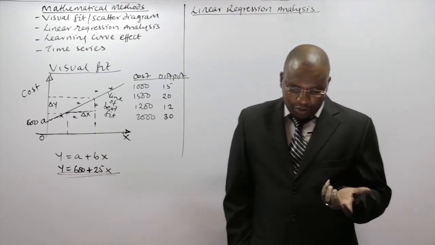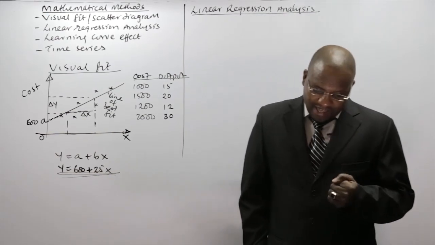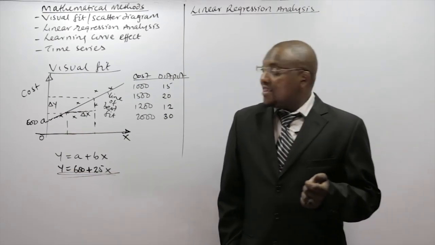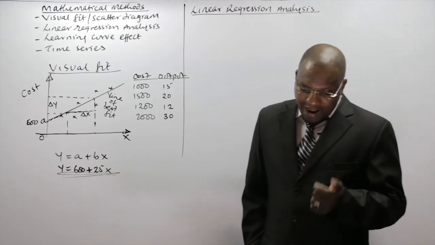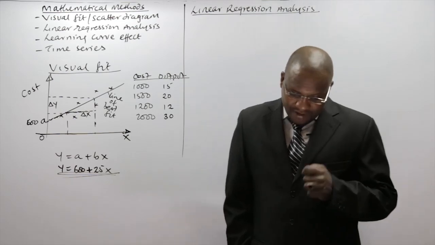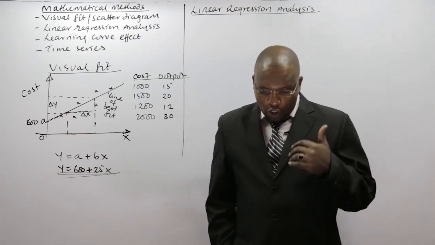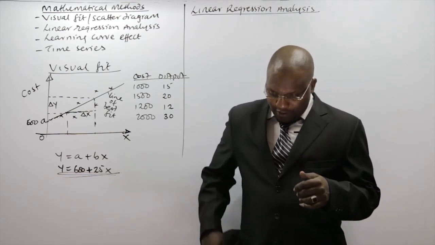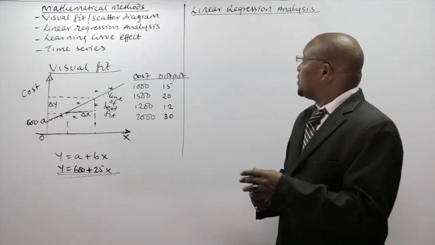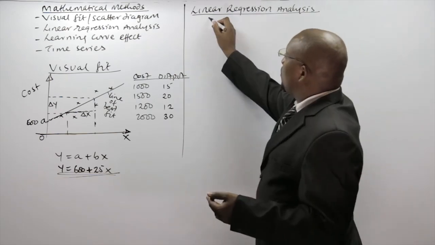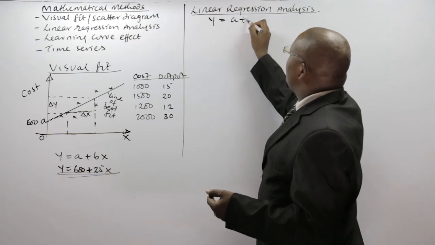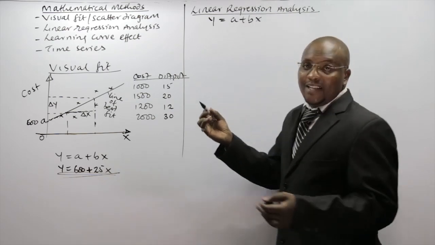This method is used to develop an equation that predicts the unknown value of a dependent variable from known values of independent variables. This means if you're coming up with y equals a plus bx, then this is what we're calling the dependent variable,